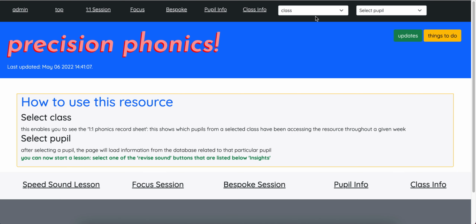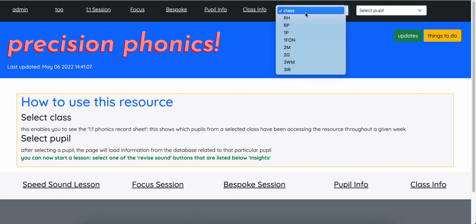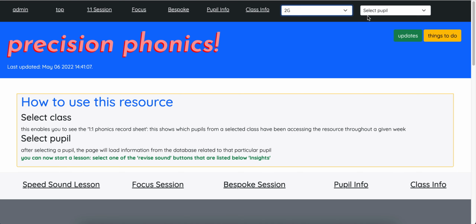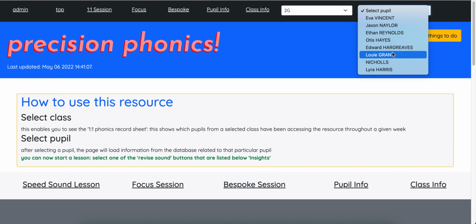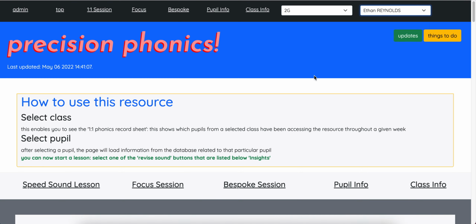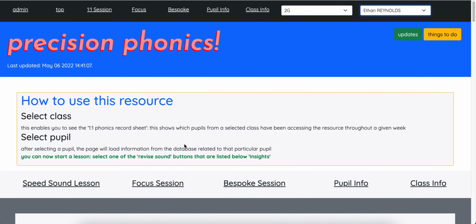Here on the website, I need to choose a class. And then once I've chosen a class, pupils in that class will load here. And once I've chosen a pupil, there's going to be lots of information loaded onto this particular page related to that pupil's progress and the information that has been collated every time they've completed a session. But for now, I'm just going to show you how you can use this application to deliver that one-to-one phonics